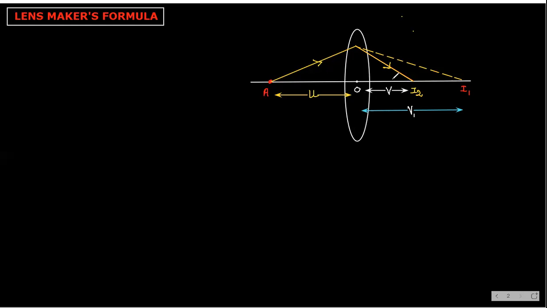And somewhere here is your focus. Not necessary to denote that. Okay, here somewhere it is focus F. This side also this is F, focus. And as this lens has two curved surfaces, let us suppose this first curved surface has radius R1 and this curved surface has radius R2. Understand?